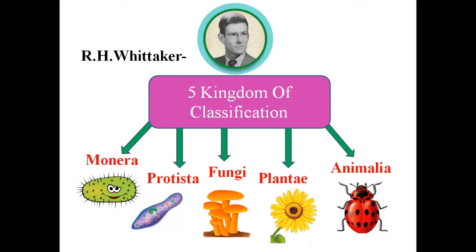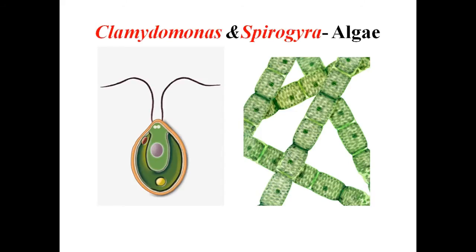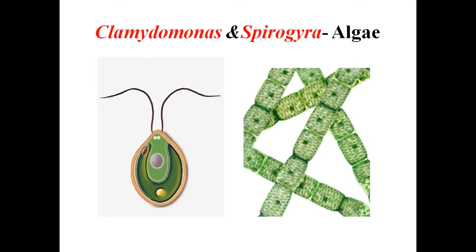I think it is a good system of classification because it also provides good phylogenetic relationship among those organisms, and differentiation. All are very good. So this classification is good. For example, Chlamydomonas and Spirogyra were placed together under algae because these organisms produce their own food using chlorophyll pigment.